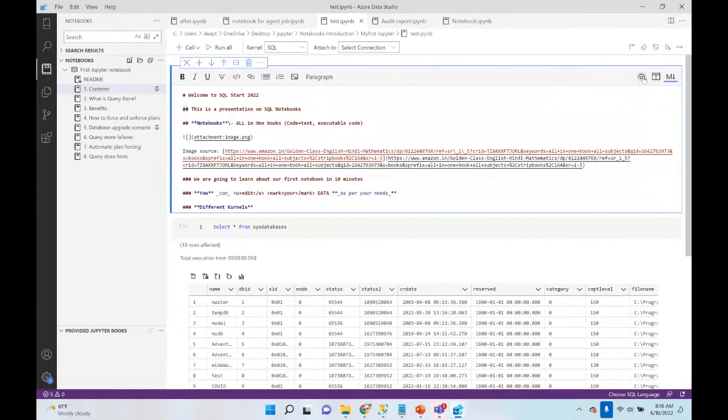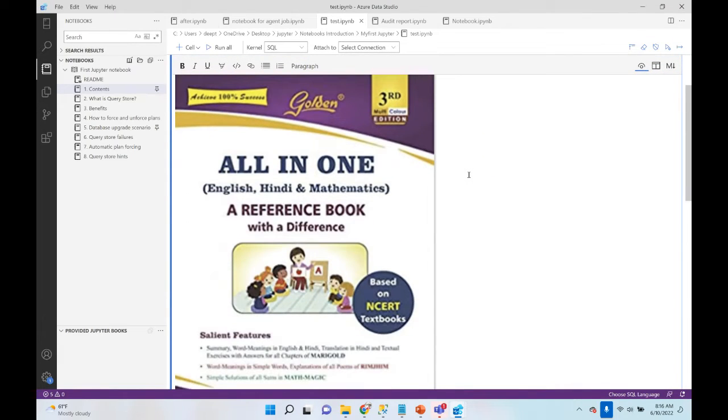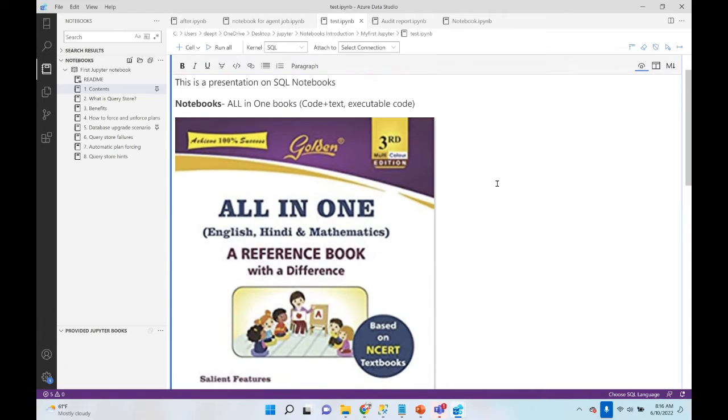So let me go ahead here. This is a SQL notebook session, and if you see here, I mentioned something known as all-in-one. When I used to study in India, in school actually, we had all-in-one books where you have all the languages and all the subjects, like social studies, other languages like the national language Hindi, and the state language like Telugu, all in a single book, called an all-in-one book. I placed this picture because I found SQL notebooks are like all-in-one books,